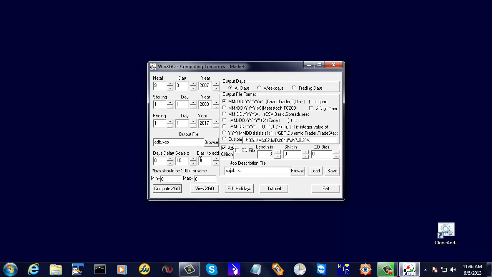I am going to add a bias of 200 here. And I am going to compute all days. I'm going to use my standard month, day, year value format, separated by spaces. I'm not going to do a ZD filter. Before I run this, I'm going to save this job as